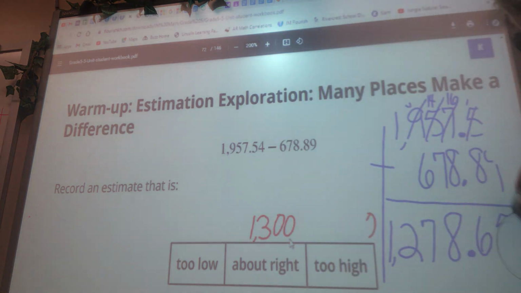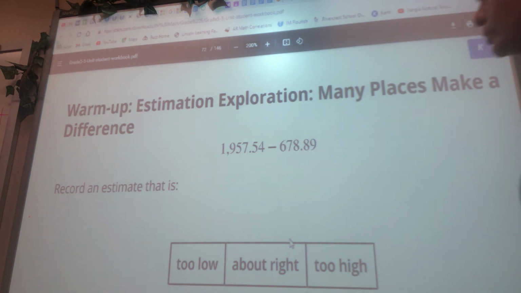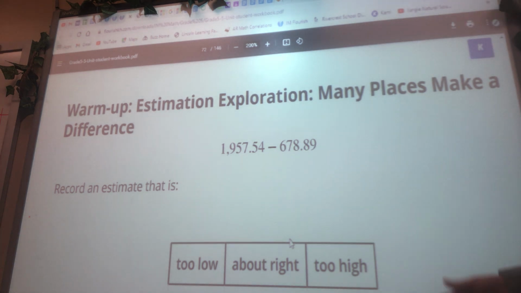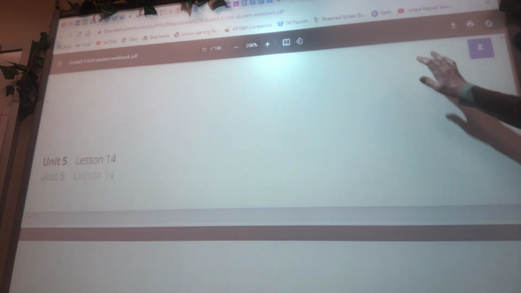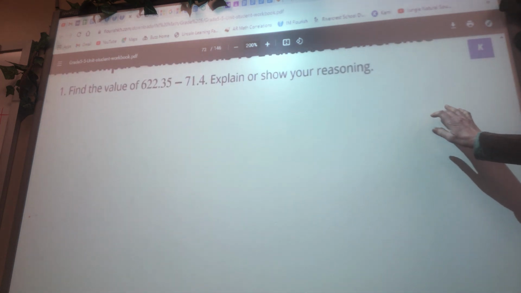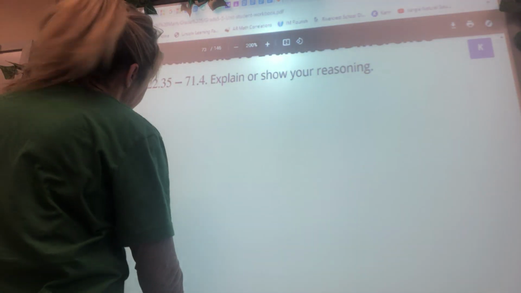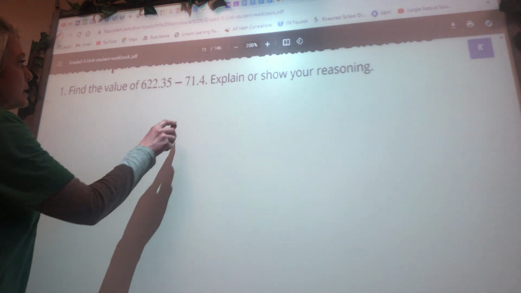Multiplying and dividing, you could do the reverse to double check your answer. Addition and subtraction are related the same way. Okay? Now, it tells us to find the value, which we know the value of a subtraction problem is called the difference. So we have